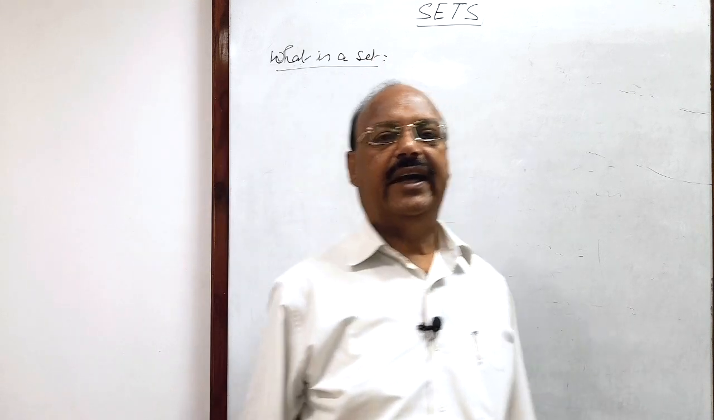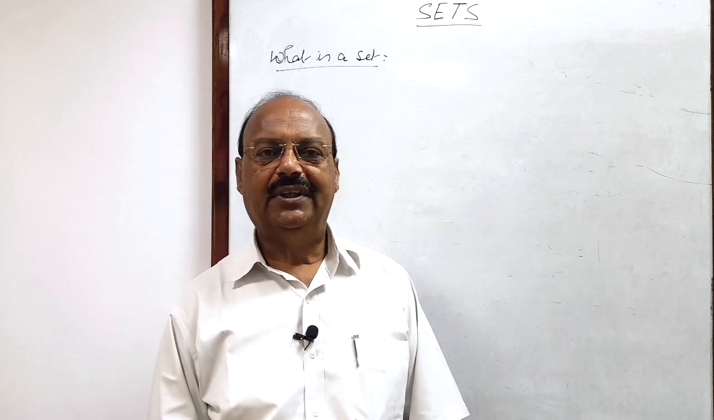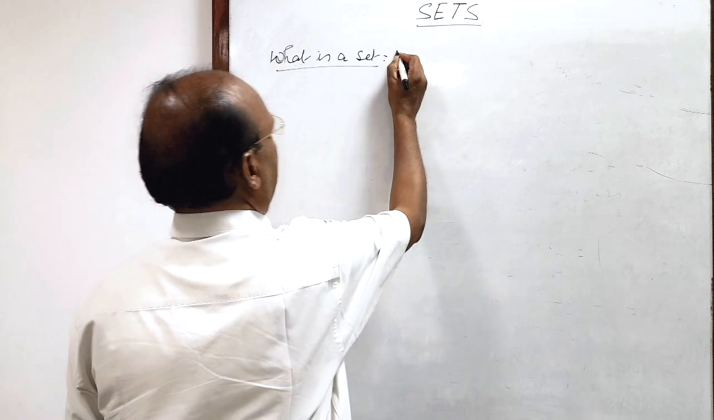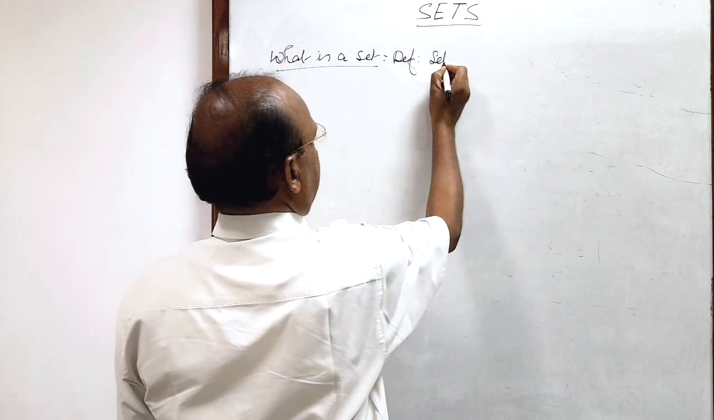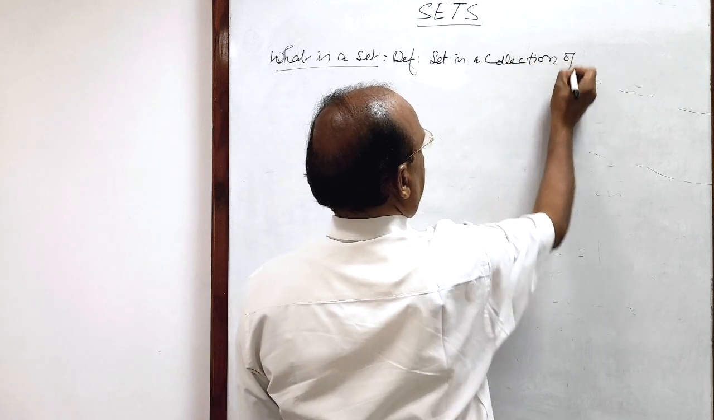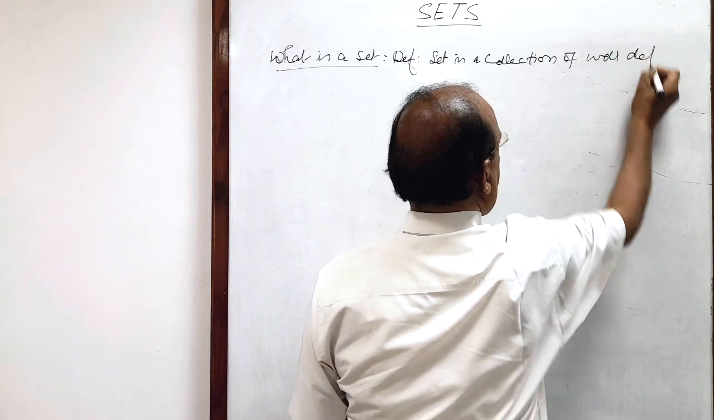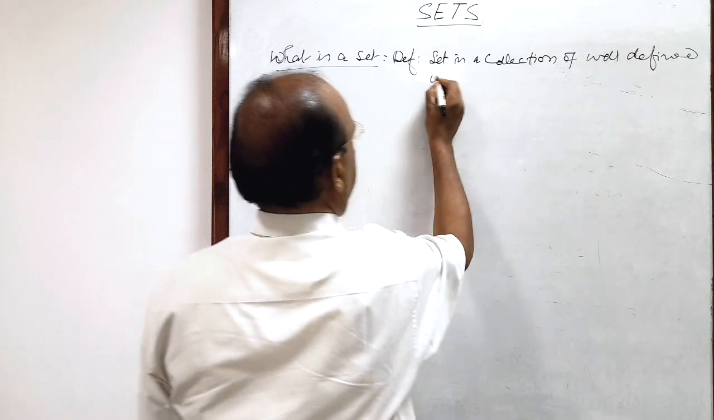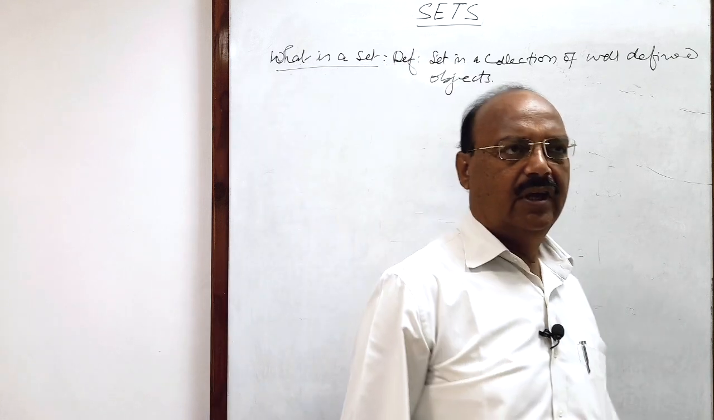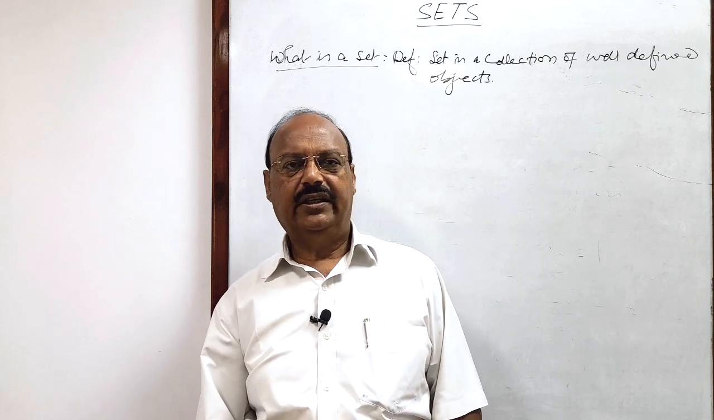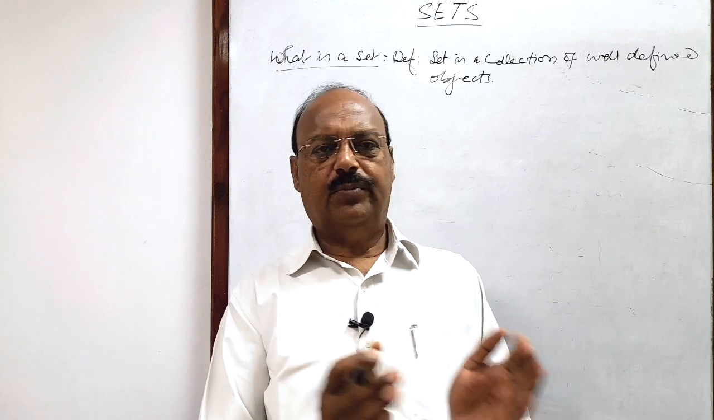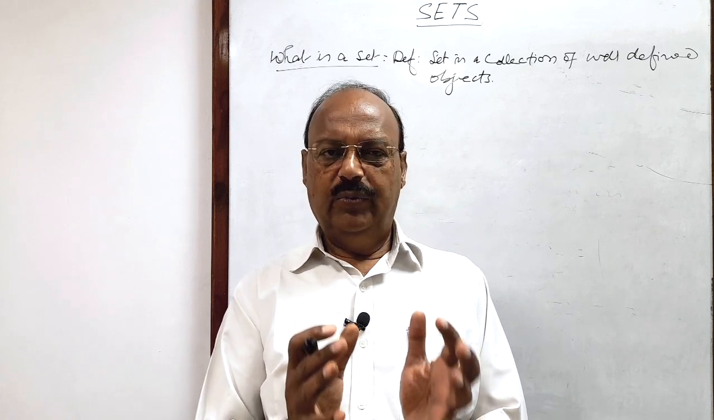So a set is defined as a collection of well-defined objects, well-defined elements. What is the meaning of well-defined objects? By well-defined objects, it will be finalized whether a particular member, particular object, particular element will belong to that group